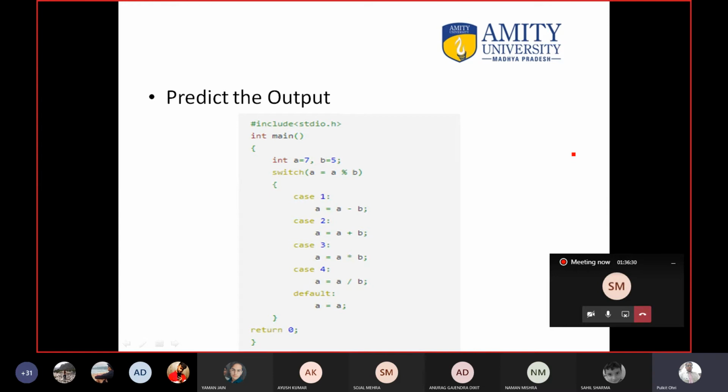So I will send the question on the WhatsApp and I will mark your attendance. This is a good question, okay? It is not a simple question. Let me send the picture on the WhatsApp group, or you can take a screenshot. It depends on you, because I will mark the attendance now.